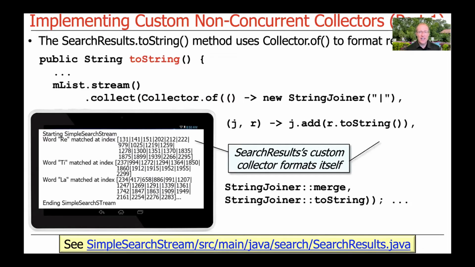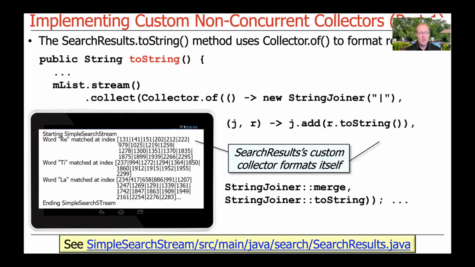So if you take a look at the searchresults.java file, you'll see that there's a class called SearchResults, of course, and it's got a toString method. And that toString method is used whenever we want to get a nice, humanly readable representation of the indices where the search results occurred during the